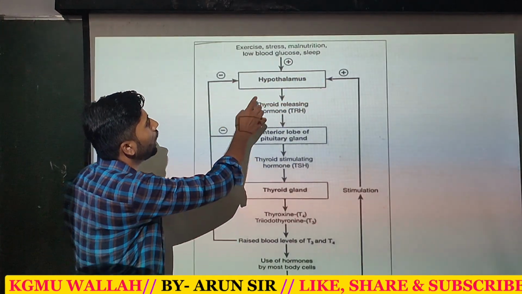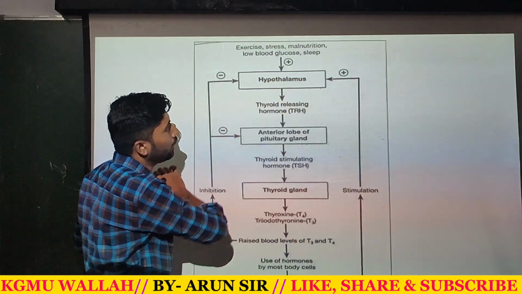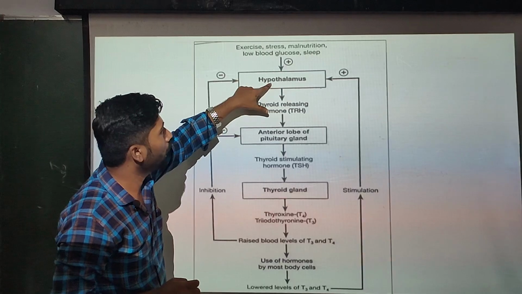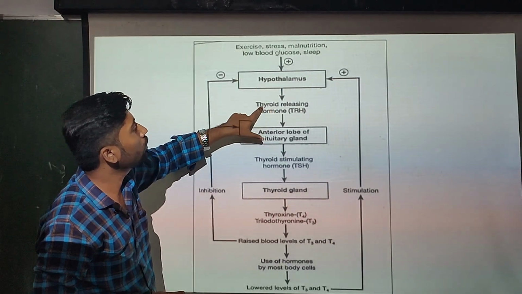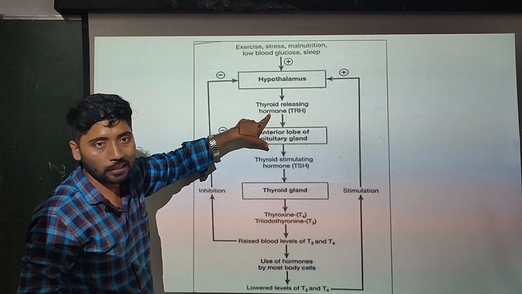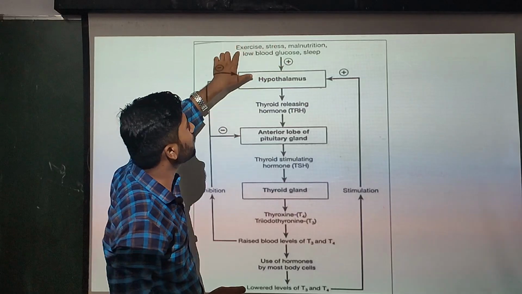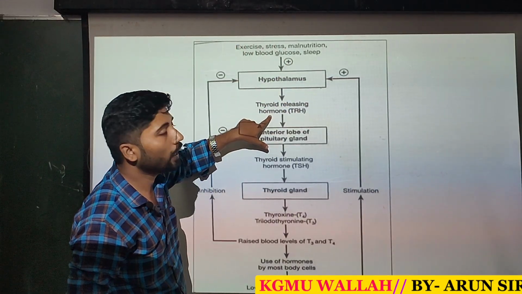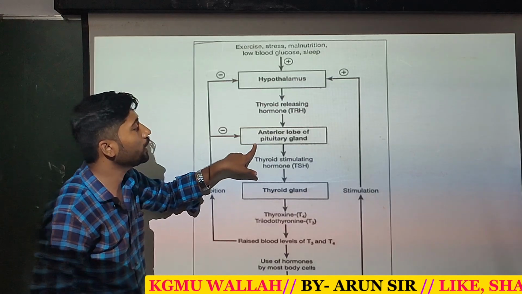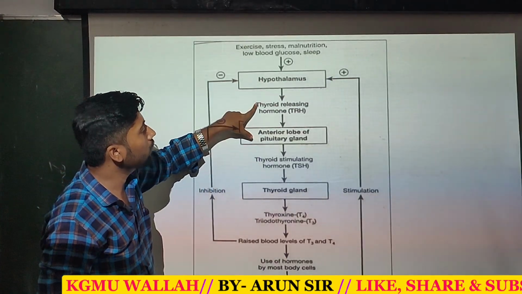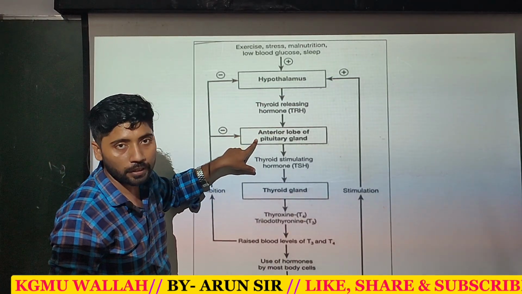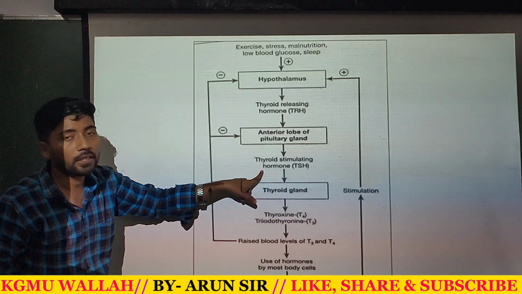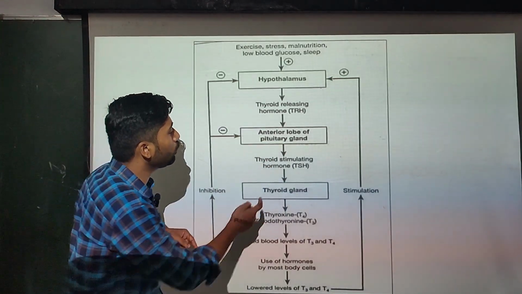Then your hypothalamus will be controlled, and after that the hypothalamus sends the message to the thyroid releasing hormone. Clear? In this condition, your hypothalamus works and sends the message to the thyroid releasing hormone, and after that TRH sends the message to the anterior lobe of the pituitary gland, and after that thyroid stimulating hormone will be stimulated,